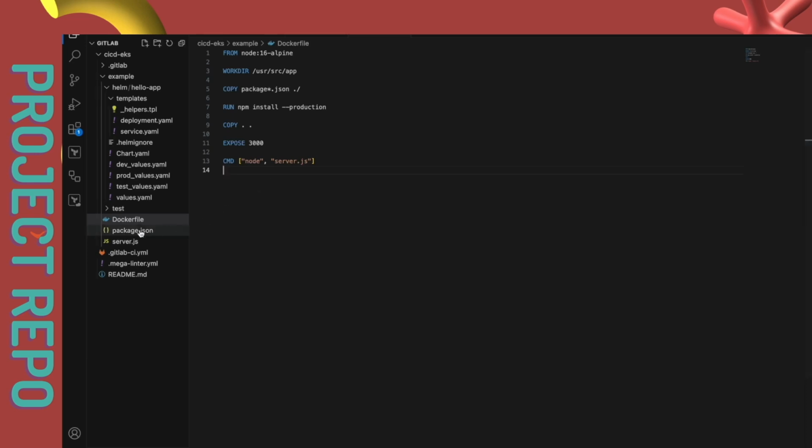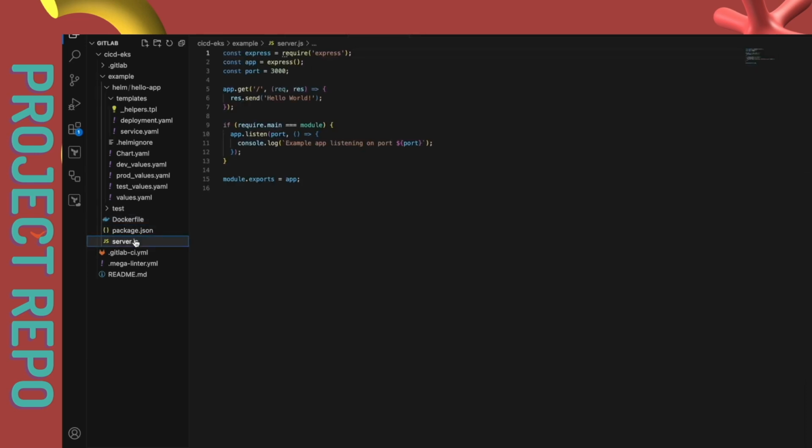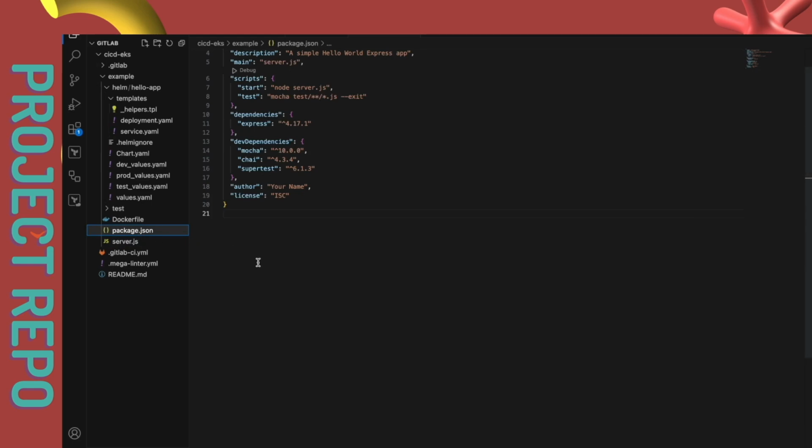Here is the source code, server.js. It's a simple hello world code. And here is the package.json. Next thing we have is